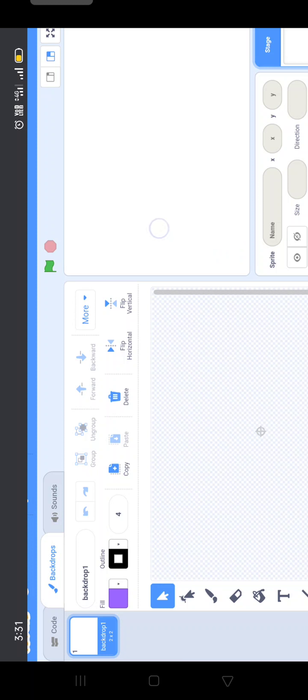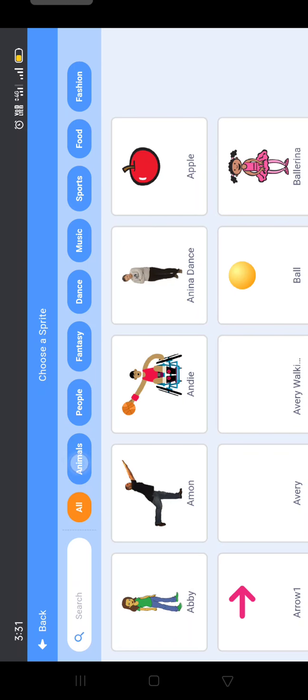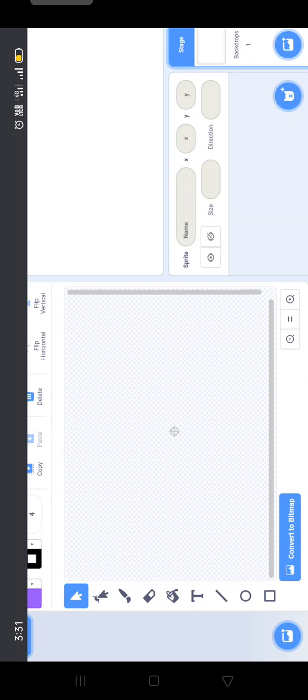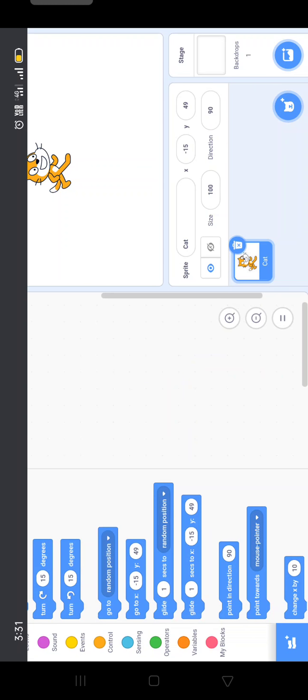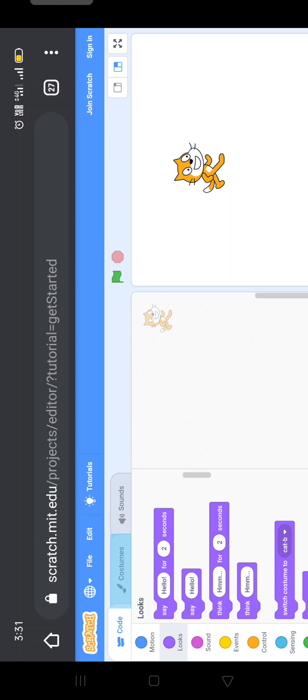I deleted a sprite, or a character, here. So when we take a character, it will show you the costumes. See, I will select a character and come to the screen over here. You can see now it is showing the costumes option.